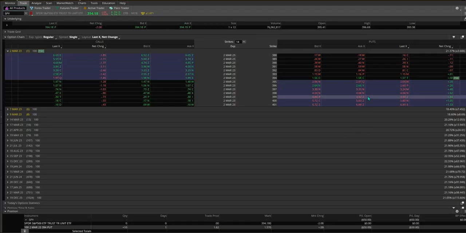So again, there's the March options, and it's pretty simple. Like I said, you want to buy at this line. Now, whether you're day trading or you're swing trading, you still want to buy within this line. At least that's what I prefer. Now, some people like to buy out here because it's cheaper and they might not have that much money,